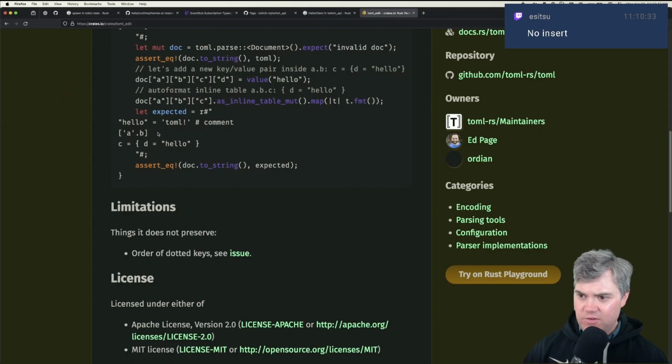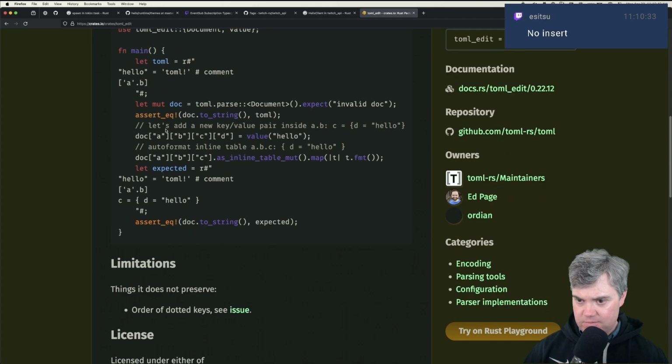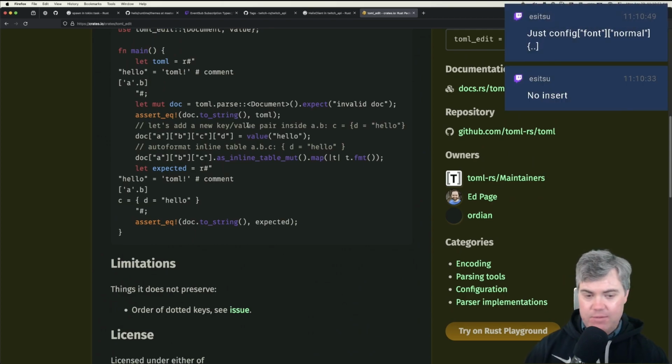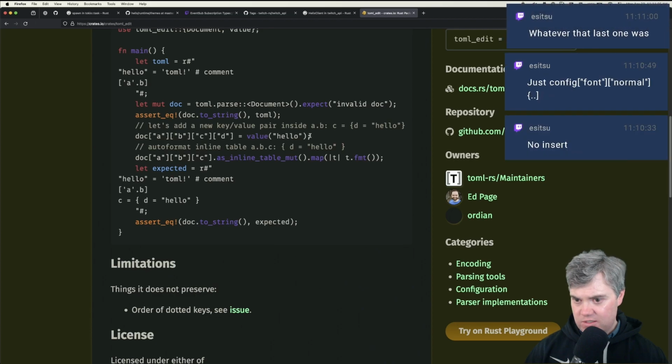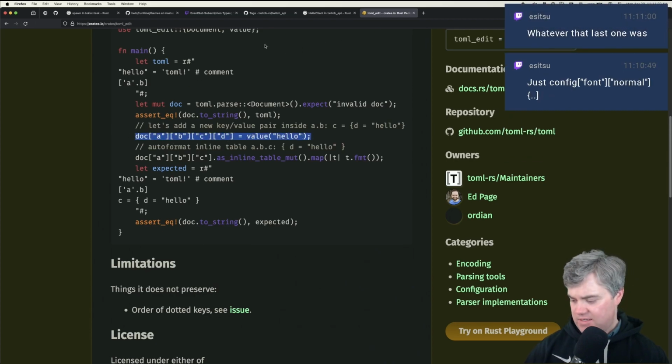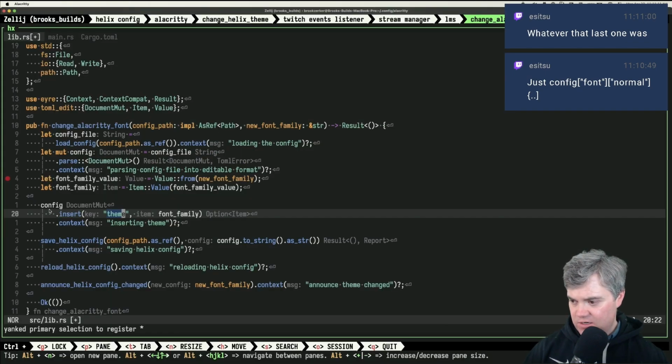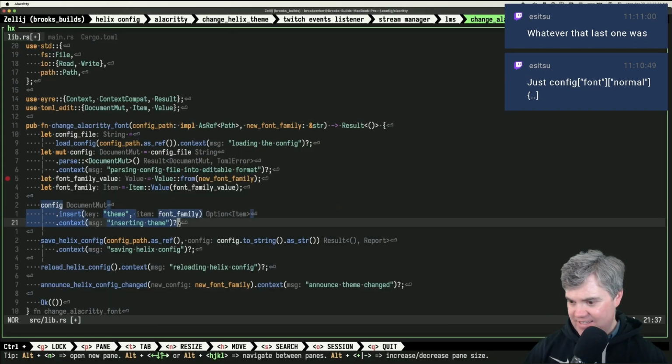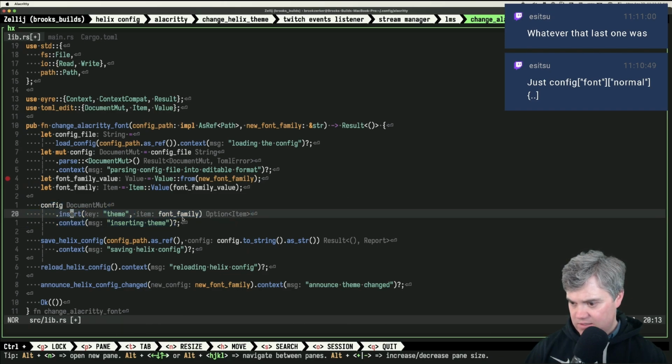There's no documentation here for making changes to it though, right? Oh, let's add a new key value pair. There is. Oh, an ad break started. Sorry about that. Oh, okay. So just config font. Okay. Oh, so we just do that. Interesting. That feels easier than what I had to do when it doesn't have a section, doesn't it? So we do config